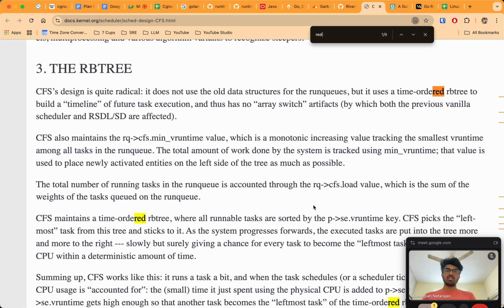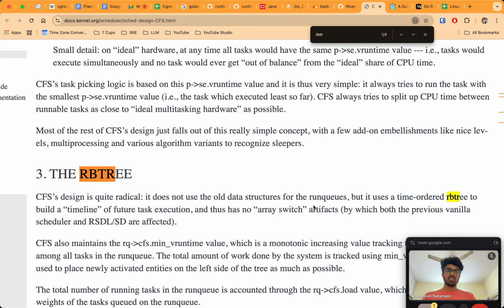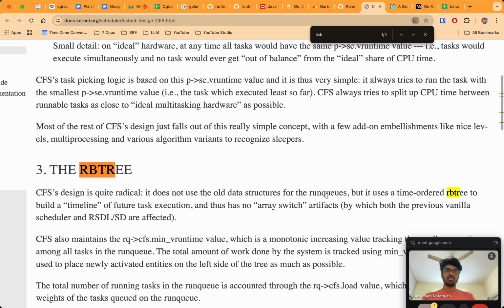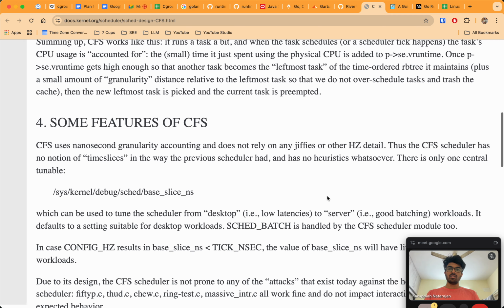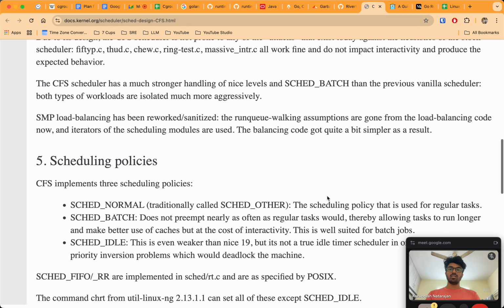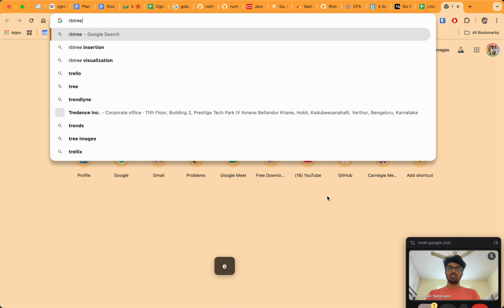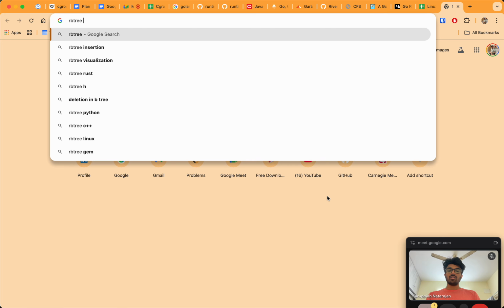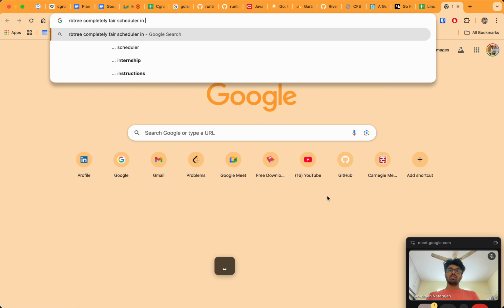RB tree, is that red black tree? What's an RB tree? I don't know. Completely Fair Scheduler in Linux.